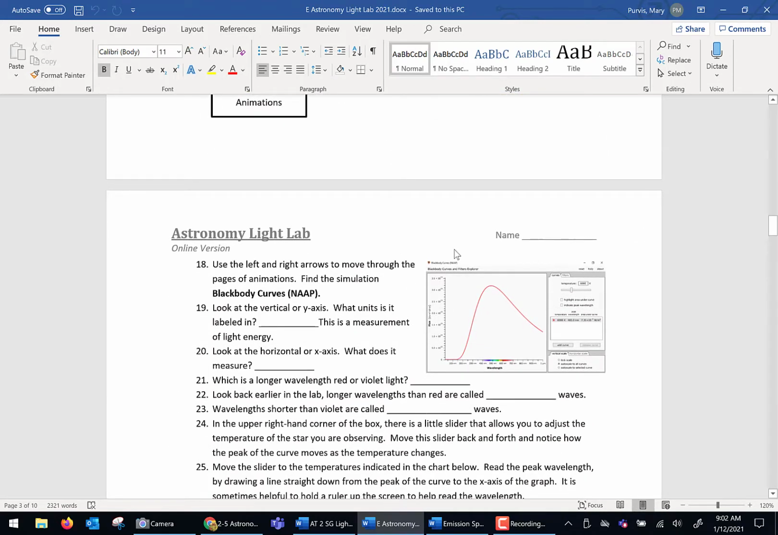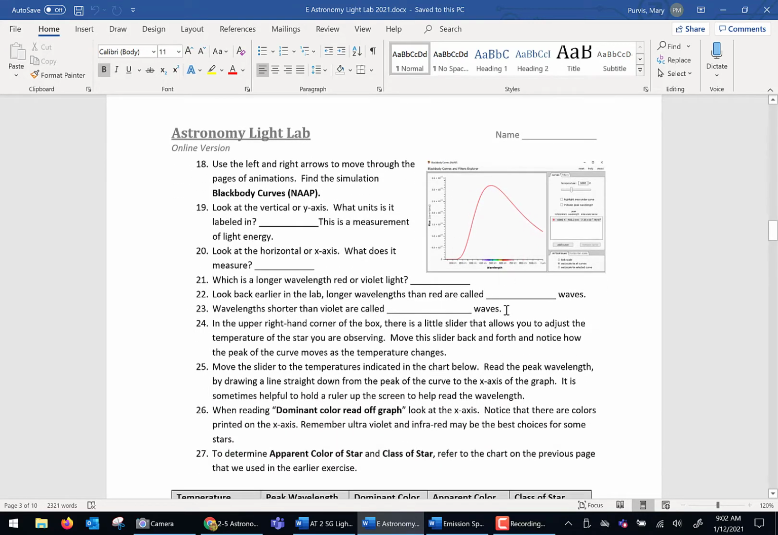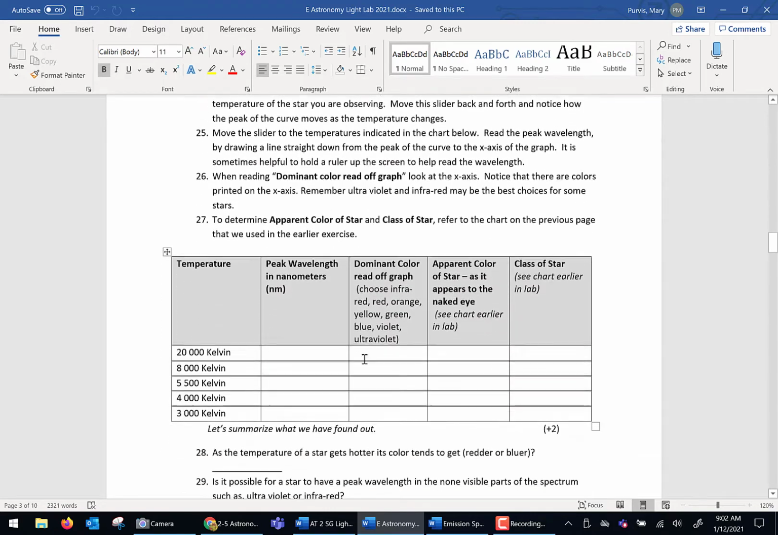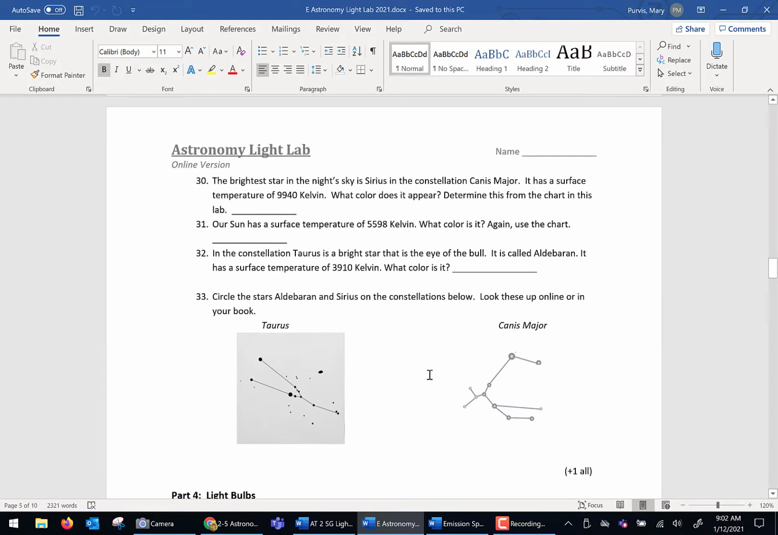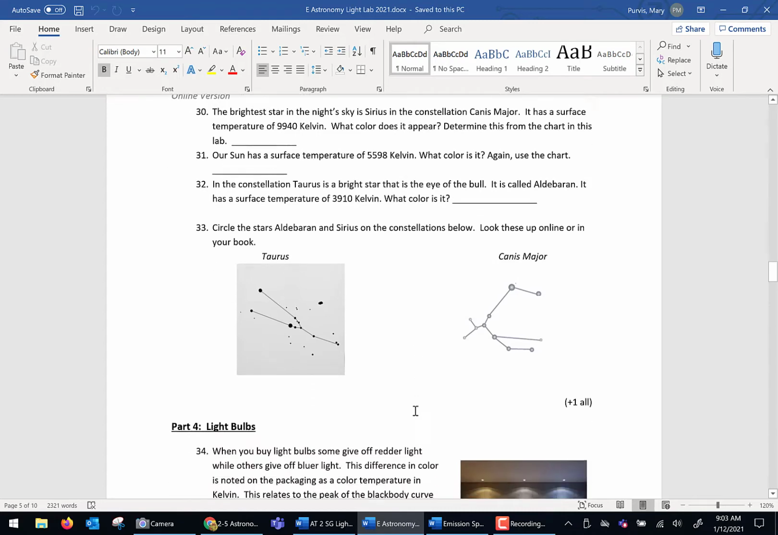You're going to use this particular animation, the black body curve simulation. And so follow the little instructions and fill out this chart here. Then I'm going to ask you to look up online the stars Aldebaran and Sirius, which are two very important stars in the constellations Taurus and Canis Major, and identify those and mark them on those two